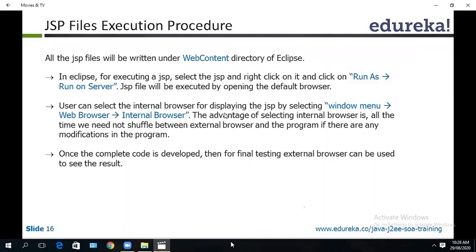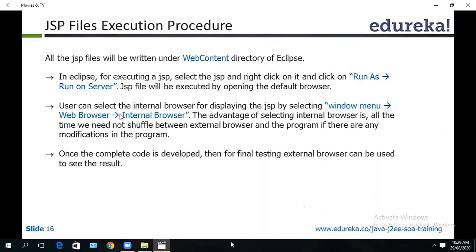So you have to create something very similar to that, and you have to create the same in JSP also, because this is also web programming. Now, you will have directories like src, web content, WEB-INF, lib, all these directories will be there. Now, the JSP files, I will compare the servlet and JSP.